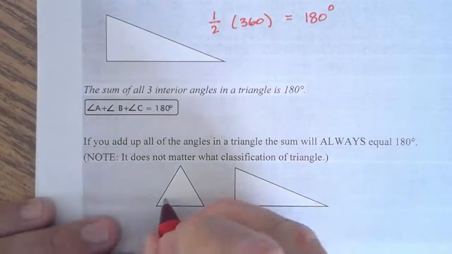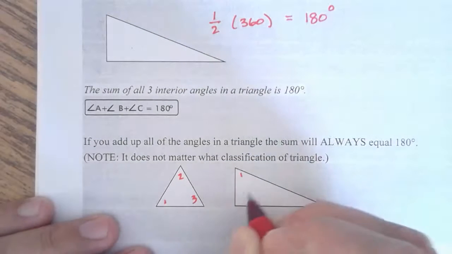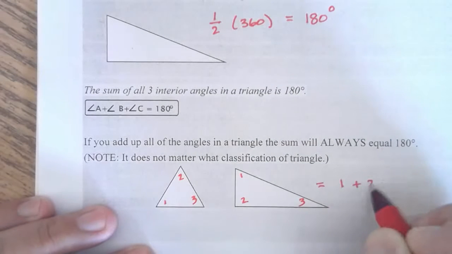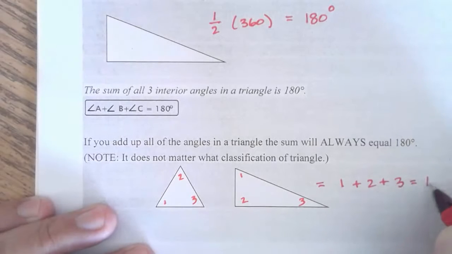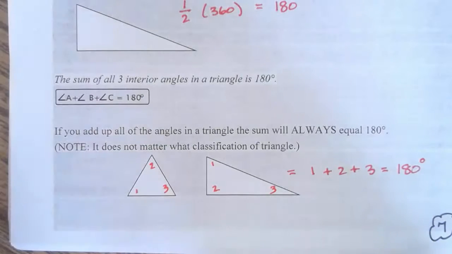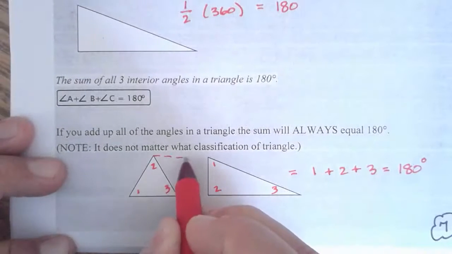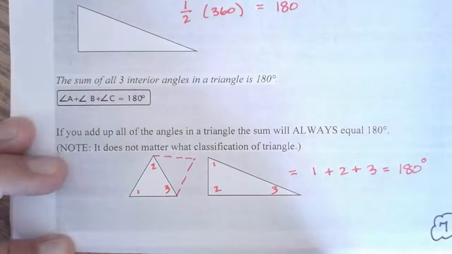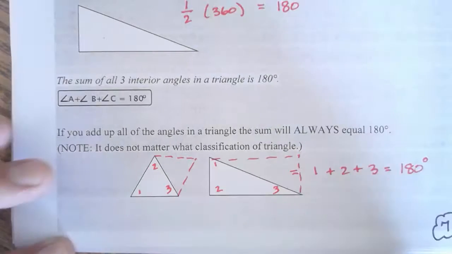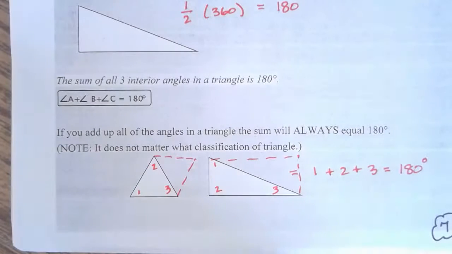What you need to know is if you take the 3 angles inside of a triangle and you add those up, all 3 angles, no matter what size triangle, you will get a sum of 180 degrees. The reason for that is because every single triangle is half of a parallelogram or half of a rectangle, however you want to look at it. So if we only needed half of 360 degrees, that's going to be the 180. This is important for our next page, on page 8. You need to know that all 3 angles of a triangle have a sum of 180 regardless